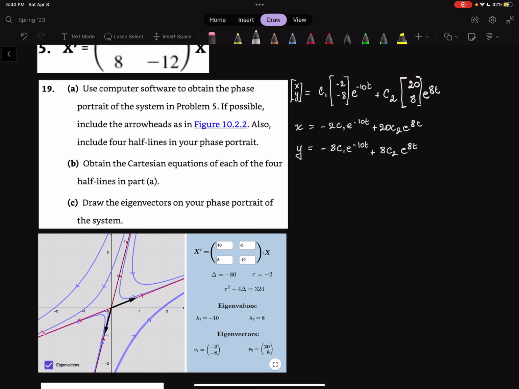And once we have this, we can say, okay, if I'm looking at these two,